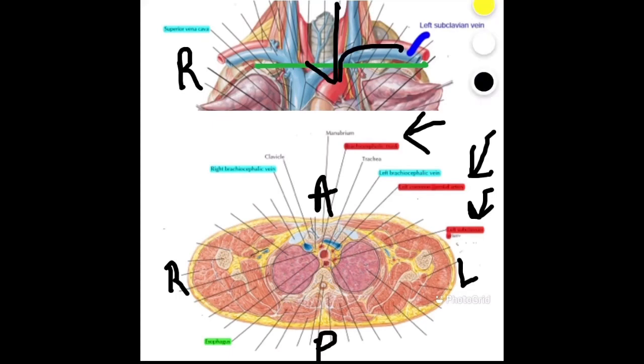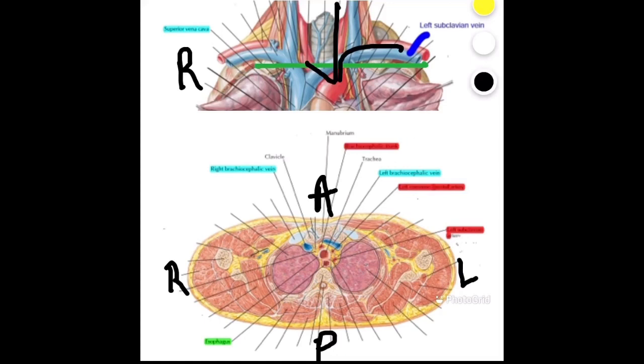And you can see that at this section the brachiocephalic trunk hasn't divided into its two further branches. If we were to take a section higher than this, then we would see these two vessels separately. But at this particular section we are seeing the brachiocephalic as one trunk. Alright, now